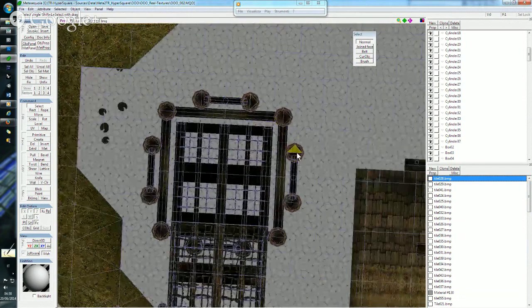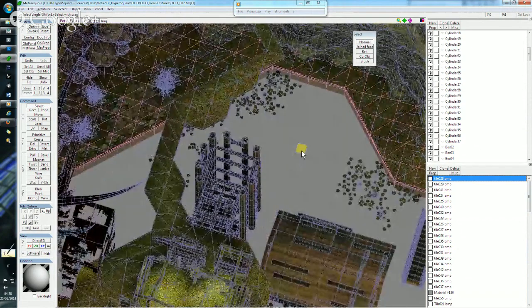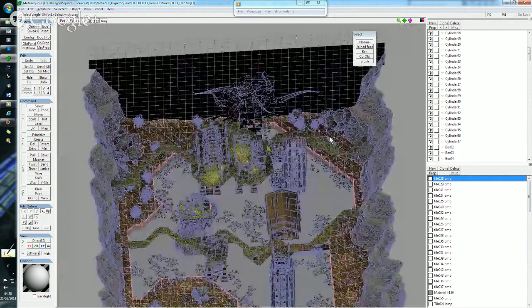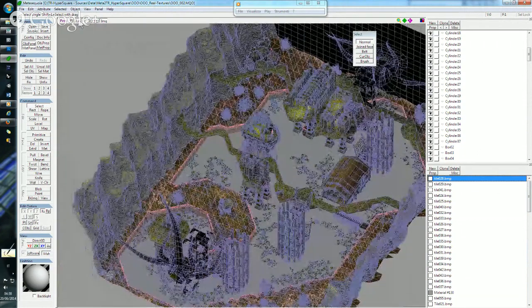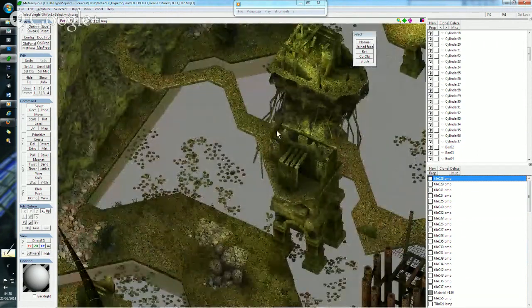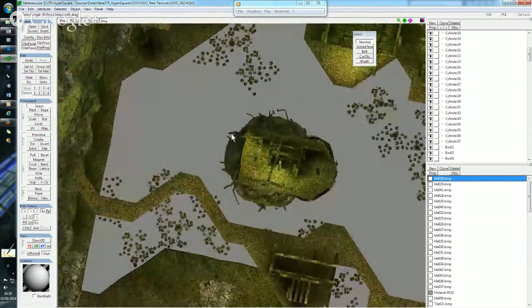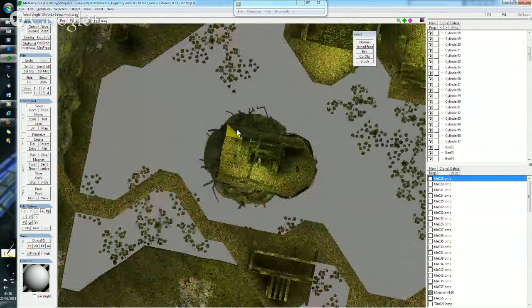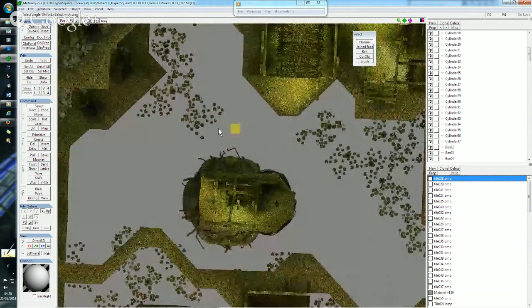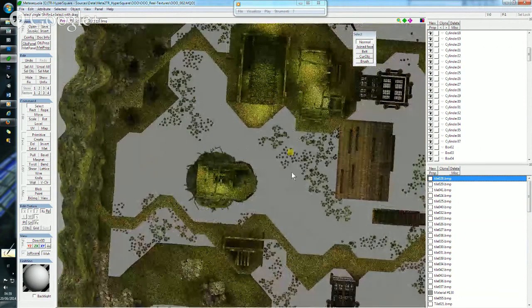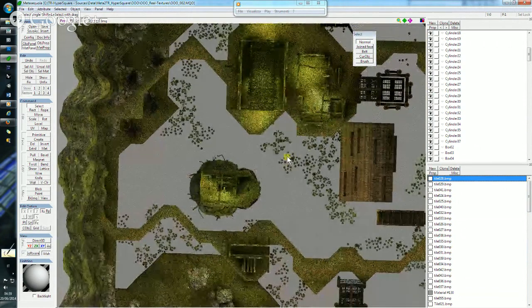This cylinder again is positioned at the center of a sector, and everything I put in this level is positioned in a very special position, that is at the corner of a sector, or at the center of a sector, or at the boundaries of a sector, so that